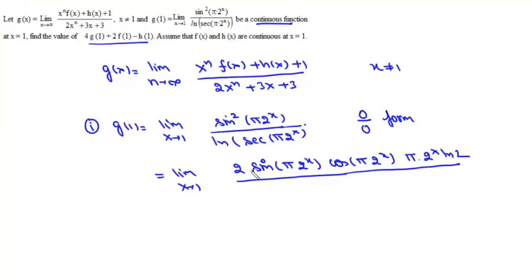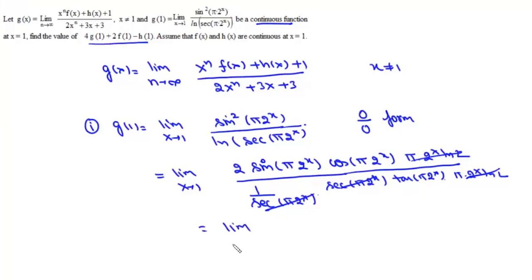And here in the denominator will be 1 upon secant pi 2 to the power x, and then secant x is secant x tan x, pi 2 to the power x and tan pi 2 to the power x, and then will be pi 2 to the power x log 2. Now secant function will cancel, this pi 2 to the power x log 2 will cancel. Now here sine and sine will also cancel, so it will be this limit x tends to 1 2 cos